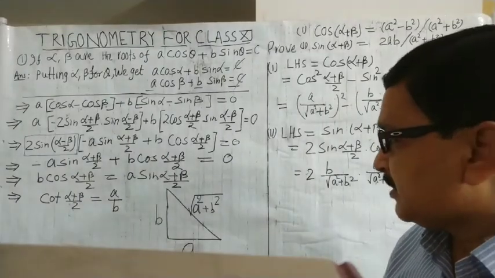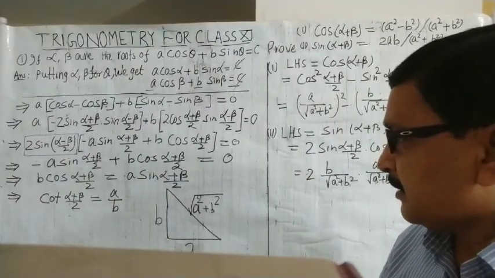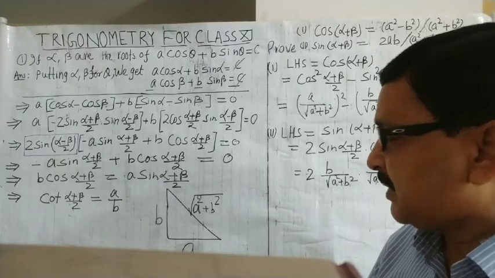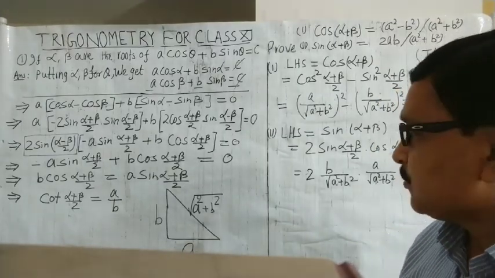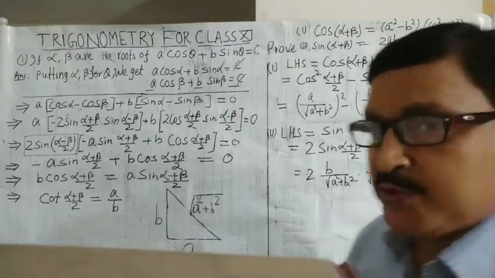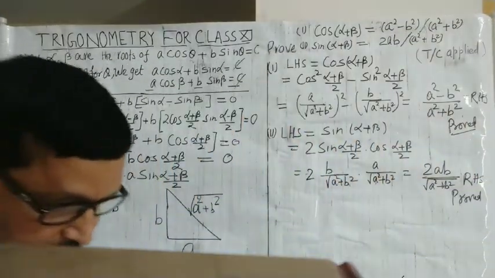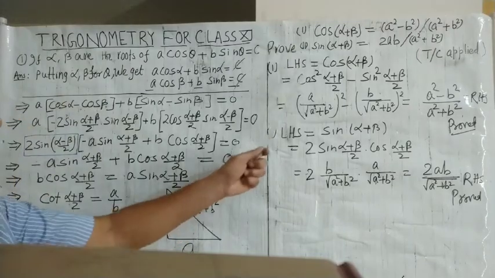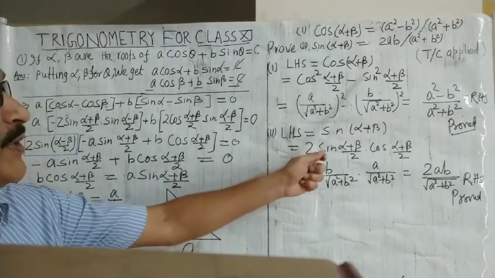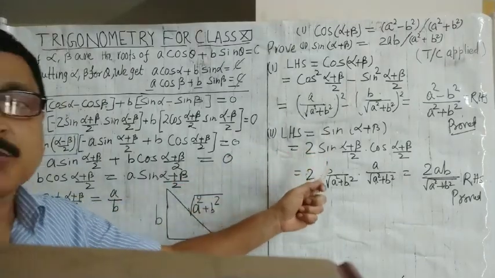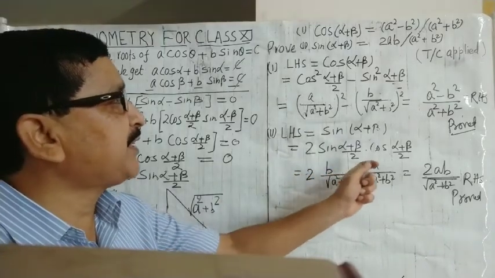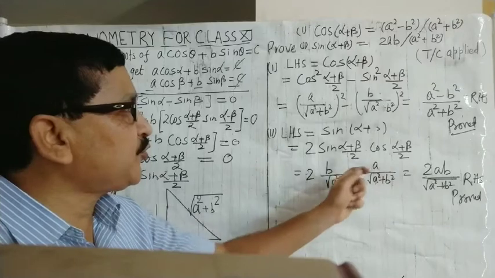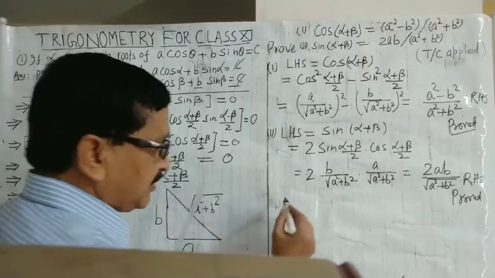So cot means the base is A and the perpendicular is B. So get the hypotenuse by the Pythagoras theorem. So this is the hypotenuse. Now move towards this. See how we get cos alpha plus beta. There is a formula: cos (alpha plus beta) is equal to cos square (alpha plus beta)/2 minus sin square (alpha plus beta)/2. You know, just since